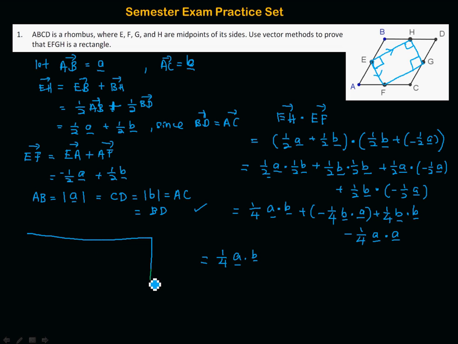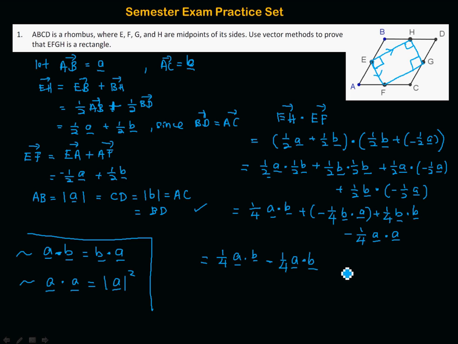One is that a dot b is commutative, equivalent to b dot a. The other property is that if we dot a vector by itself, it is equivalent to its magnitude squared. And so this is minus. So although this is b dot a, it is in fact a dot b,